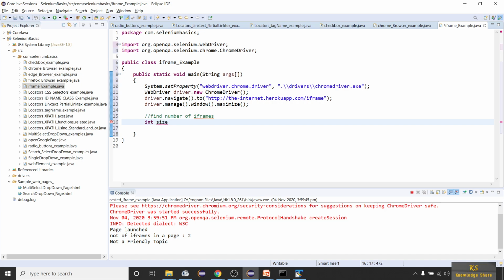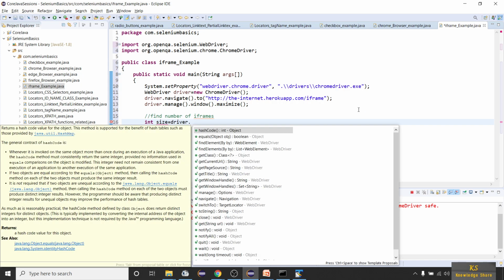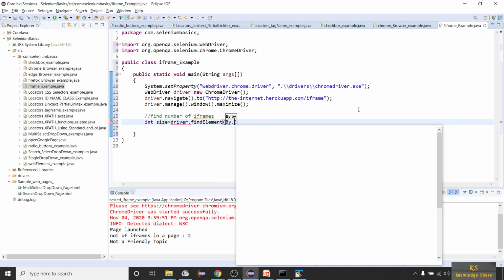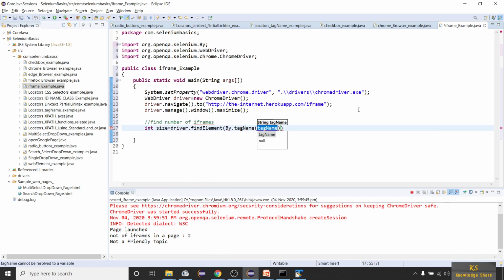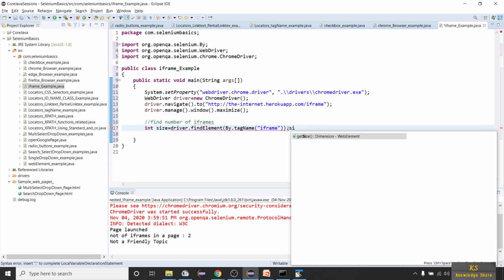By tag name we have to find the number of iframes: find element of By.tagName of iframe. And what is the method? Size, dot size, not get size.